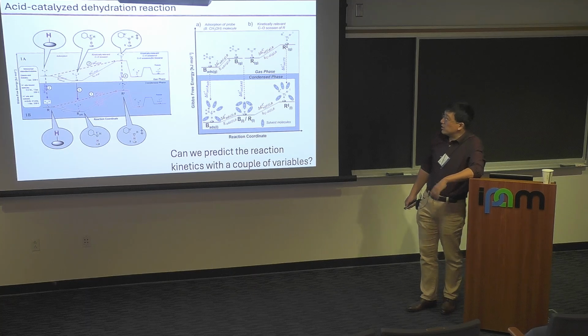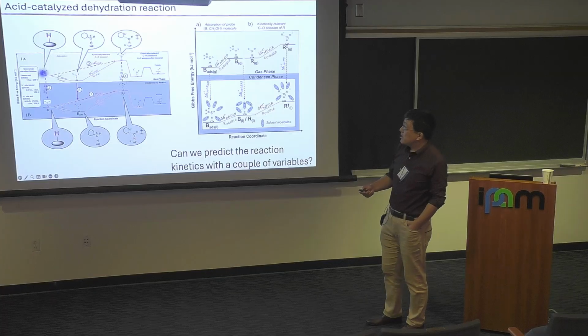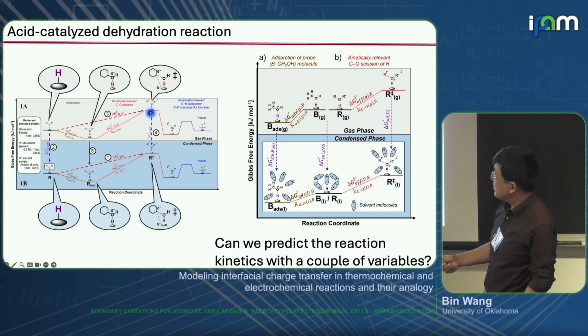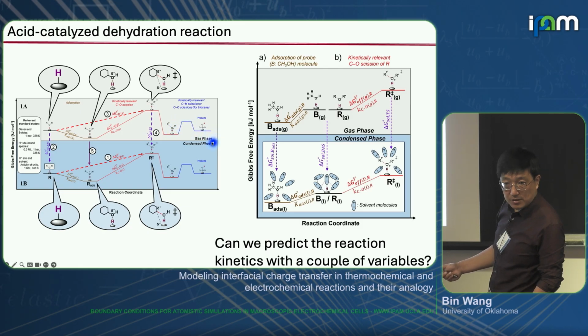So I use one example to show it, which is the dehydration. Here, the top panel is showing a typical acid site, and then I have alcohol. The top panel is just in the vapor phase, in the gas phase. So the molecule will adsorb on the surface, and then go through a transition state. Presumably, the rate is limited by the CO bond cleavage. So you have this positively charged transition state, and then you break the CO bond, and eventually the proton has to go back to the active site to close the cycle.